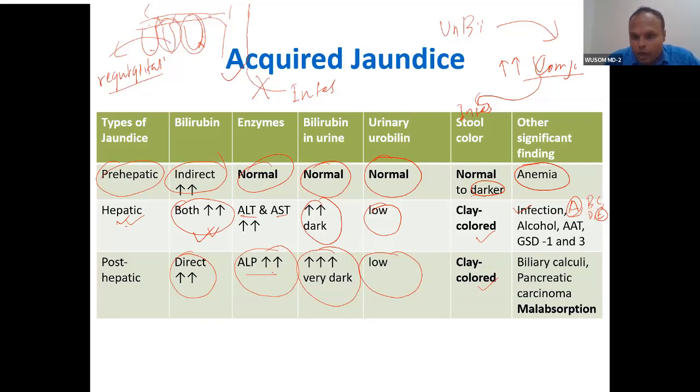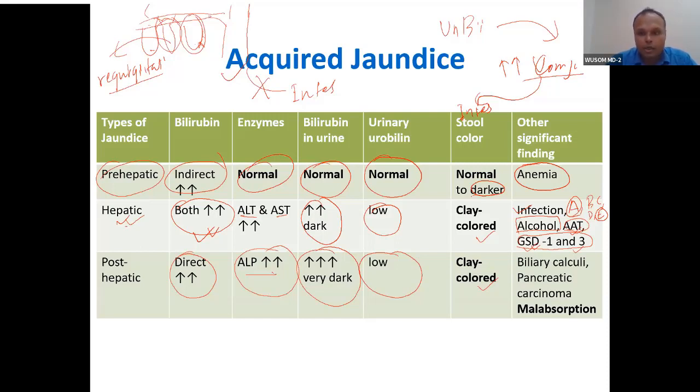Now, alcoholic liver disease can cause hepatic jaundice, these toxins. So these are glycogen storage diseases we have studied. That's glycogen storage, because of glycogen accumulation, it will cause it. Now, alpha-1 antitrypsin, don't forget this also. These are rare genetic disorders, but this is important for biochemistry. That is why I have mentioned this, to revise what we have studied.